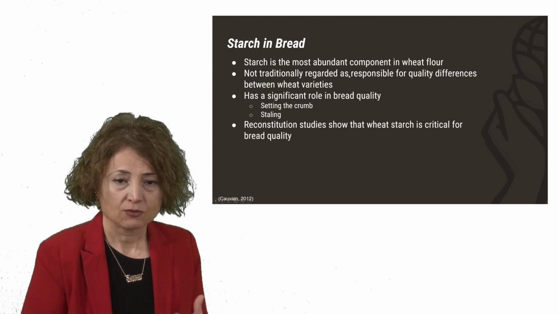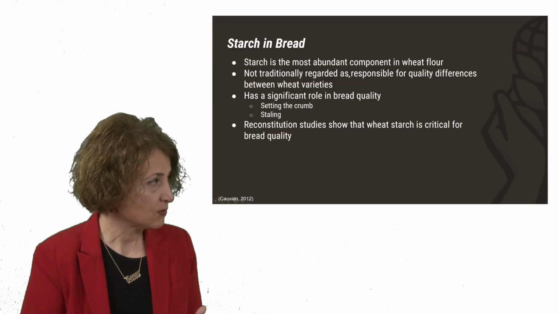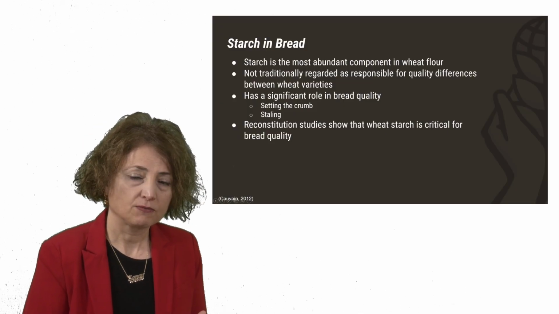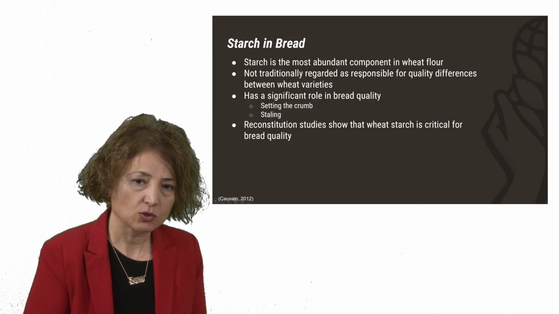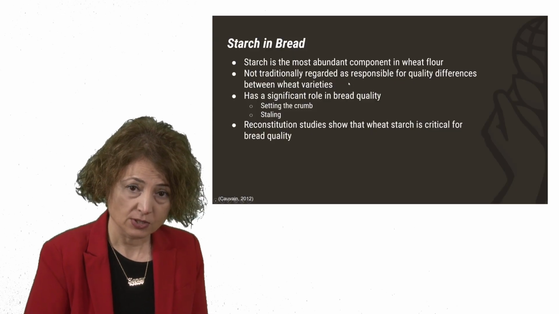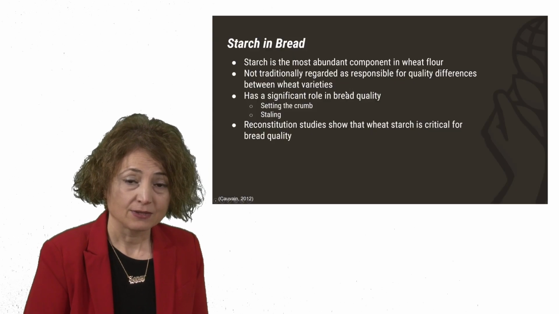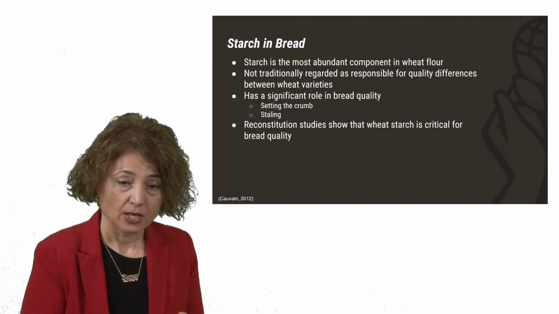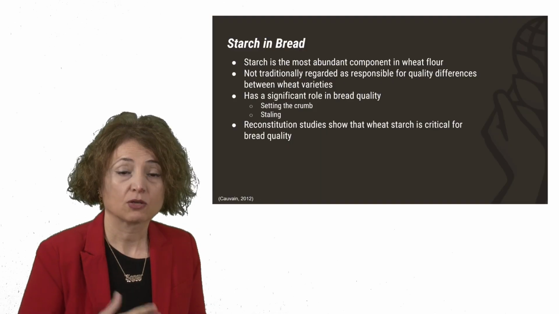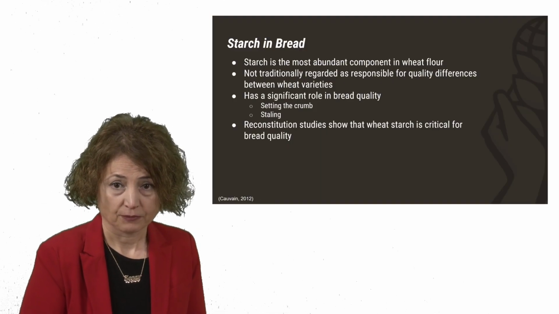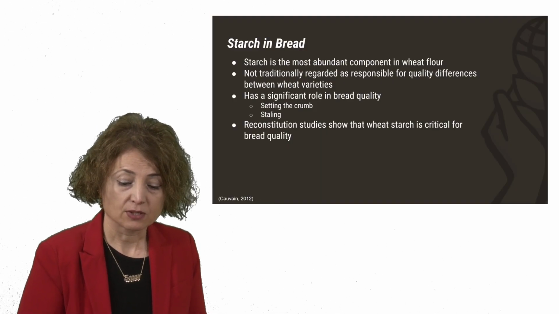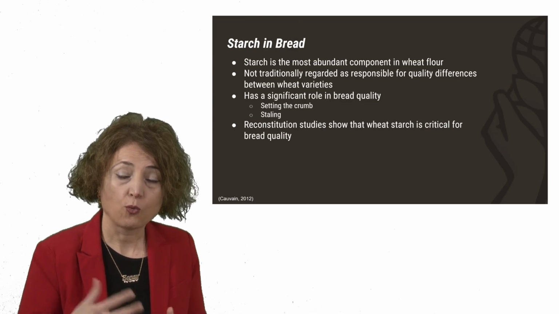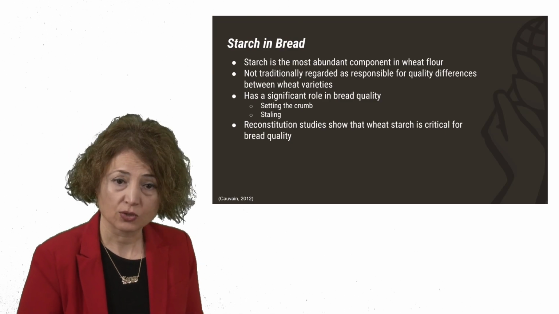Traditionally we always put the emphasis on proteins, but if you look at the starch and how it impacts quality, there are some differences for different varieties, and starch will have a significant role in bread quality. Why? Because of setting the internal crumb structure, and also staling, how we can increase the shelf life of bread. There are multiple studies in terms of why wheat starch is unique in terms of